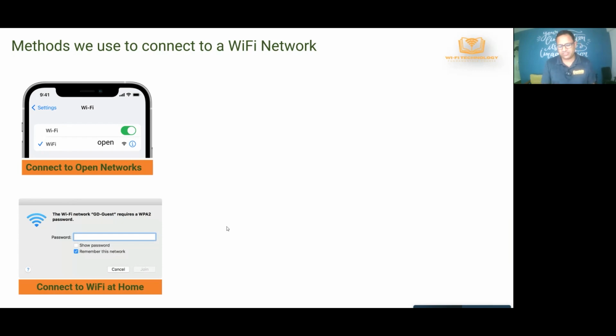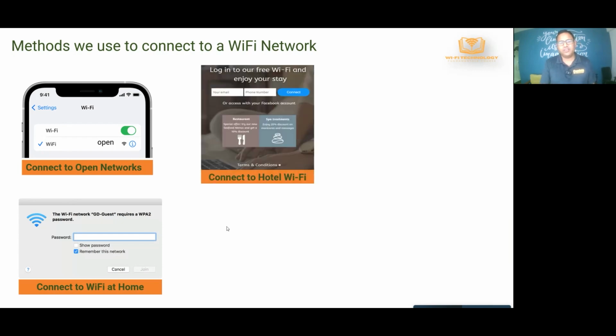But that's one method in which we can connect. Another method by which we connect to Wi-Fi networks is when we are out. Let's say we are going to a hotel, and we're staying in the hotel overnight, or a restaurant, or some place like that. When you connect to the Wi-Fi network, the network is open, so you basically connect to the network, and